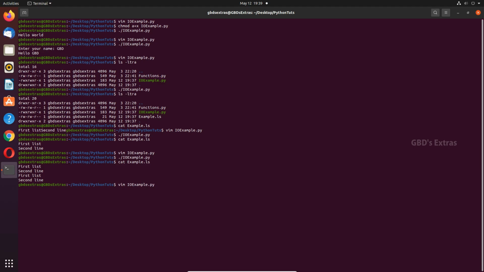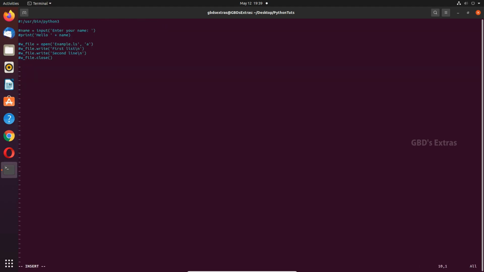Now let's see how we read the file. I'll open it as read file. So this is just a file handle we are creating. I'll open it in read mode. We have to read the contents of the file and store it in a variable. I'll create a variable content, r file.readlines.